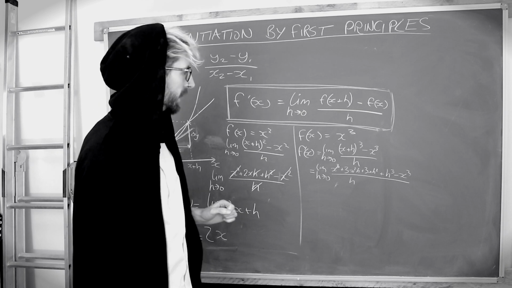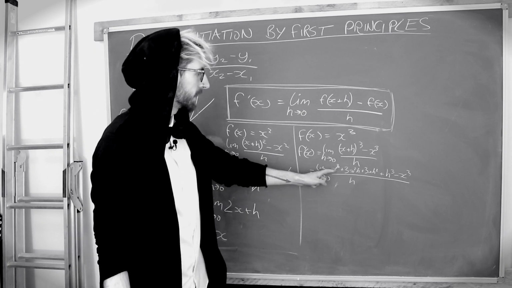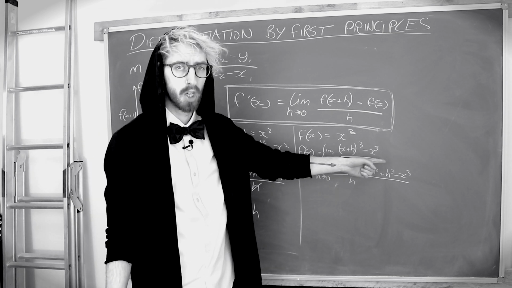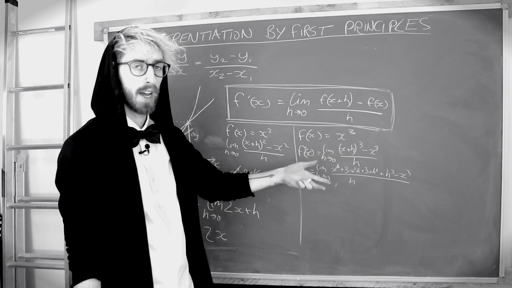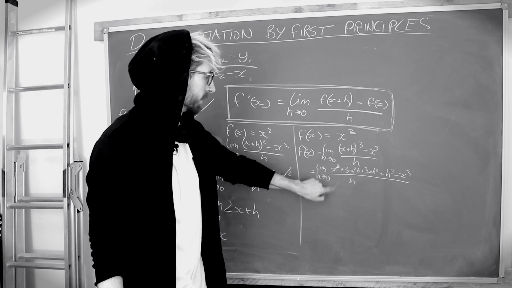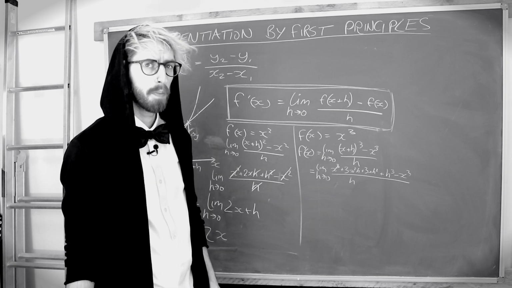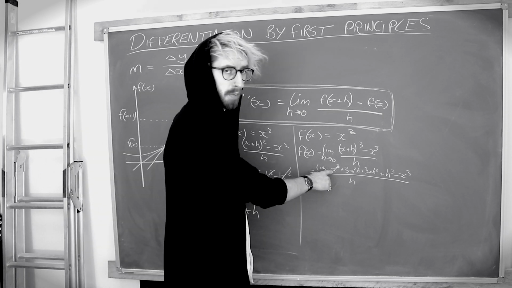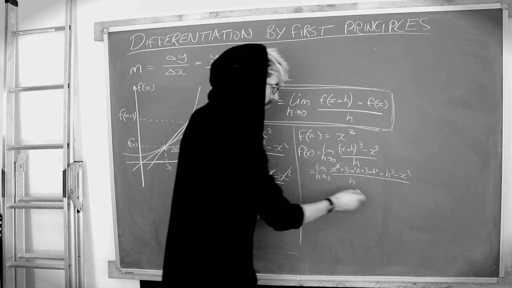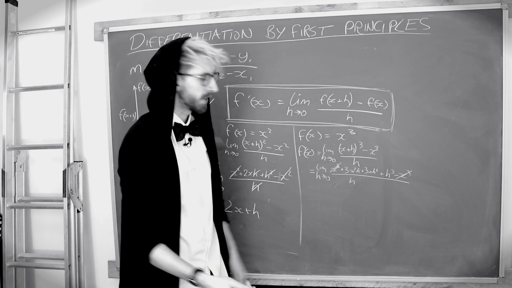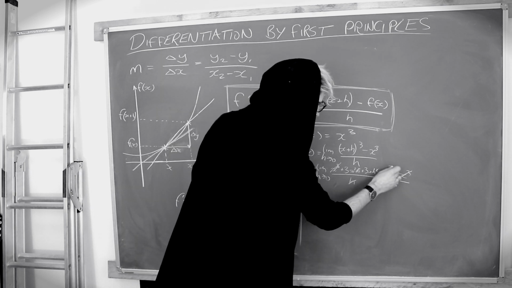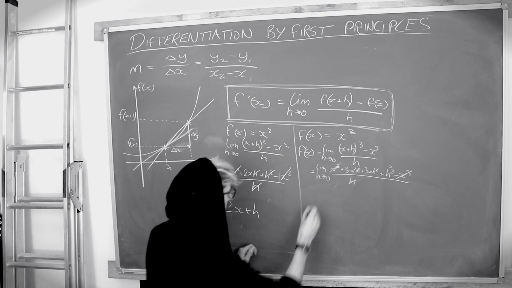Okay, I ran out of space again. What we've got here is I expanded the (x plus h) cubed, our bracket. We've got the minus x cubed on the end again because it's just f of x. And then it's all over h. Now this little bit at the end is quite nice. Again, x cubed is going to cancel with that. Then we've got these h's, that h cancels with that one, cancels with one of those and one of those. So what we get left with,